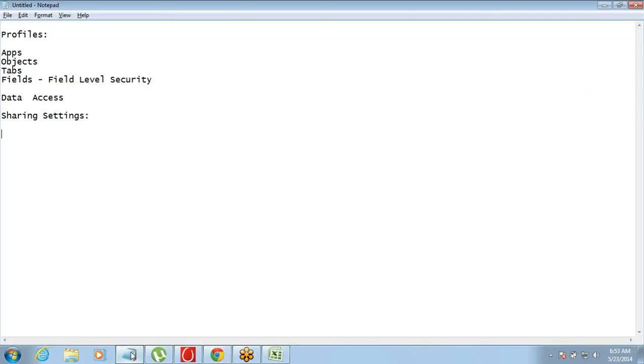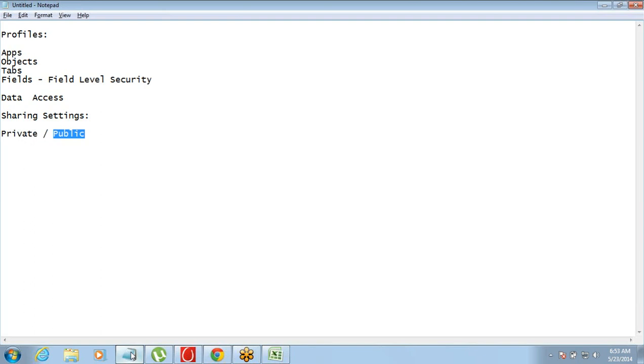So sharing setting is all about making data public or private. Something which has been made private is only visible to the record owner, and something that has been made public is visible to everyone.